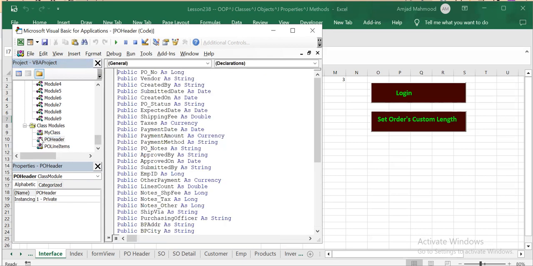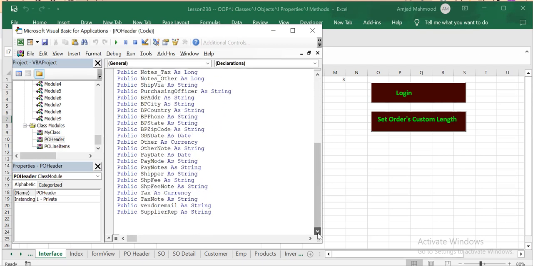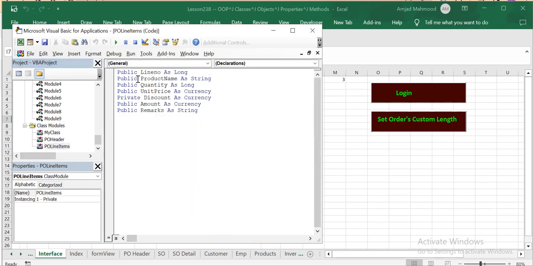So we went to the purchase order header, in which we define all these things, right? And these are the elements of this class for the purchase order header and purchase order line items. So these were created, okay, and then we went to the purchase order